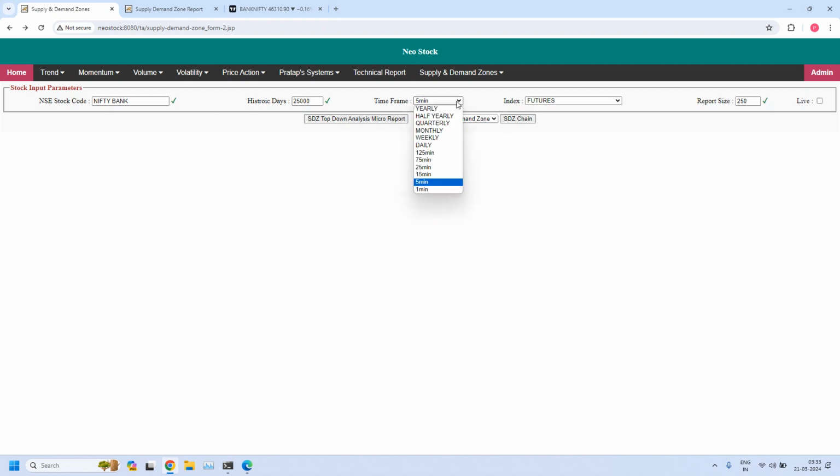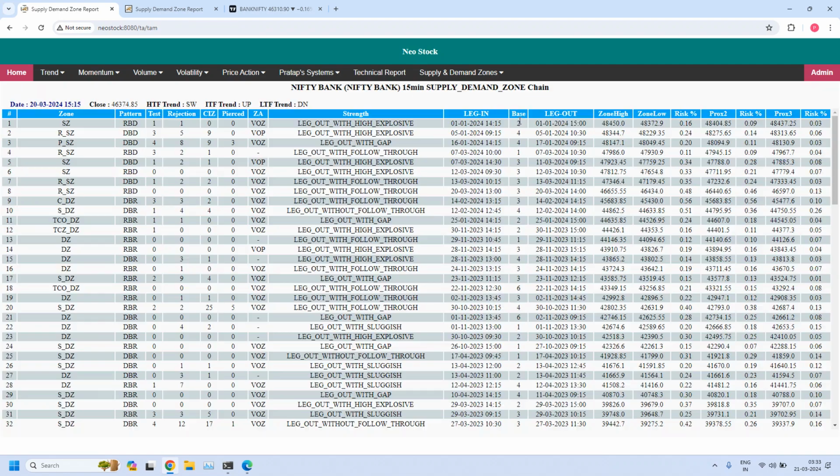So 15 minutes onwards we will check, because for 25 minutes I verified, no zones are available today. 15 minutes onwards are available. So in 15 minutes, here the 9th demand zone, immediate demand zone. This is an already old one we have drawn on the chart. This one is created today, a high liquidity zone. Again, a new high liquidity zone, but this is a 15-minute zone.